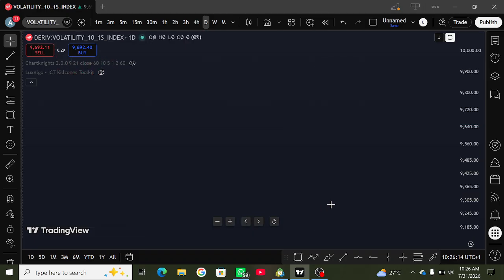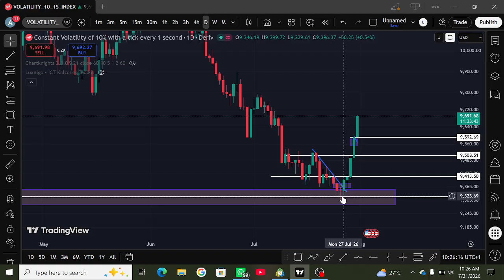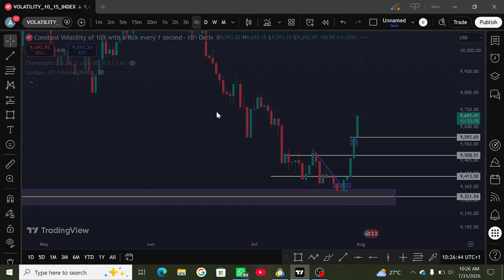On the first day of this distribution, there is this bullish candle that just formed here, and this bullish candle is what qualified this setup as a valid one. But what do we do next? The next thing we do is go down to the 4-hour time frame to see the kind of structure or the imbalances that it has created, because that was a very sharp movement. So let's go down to the